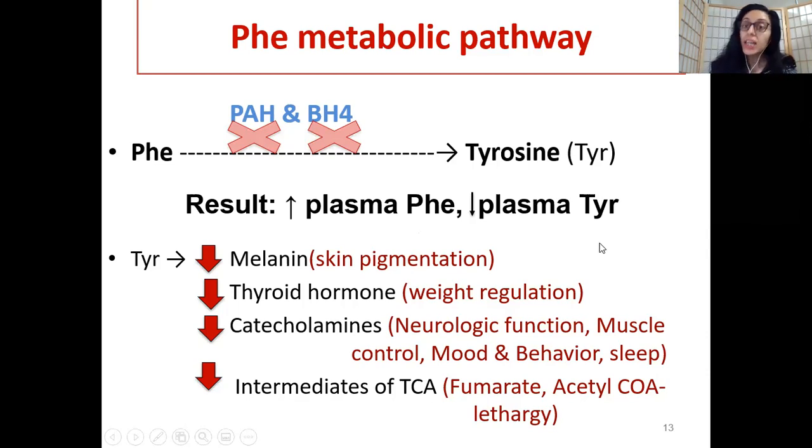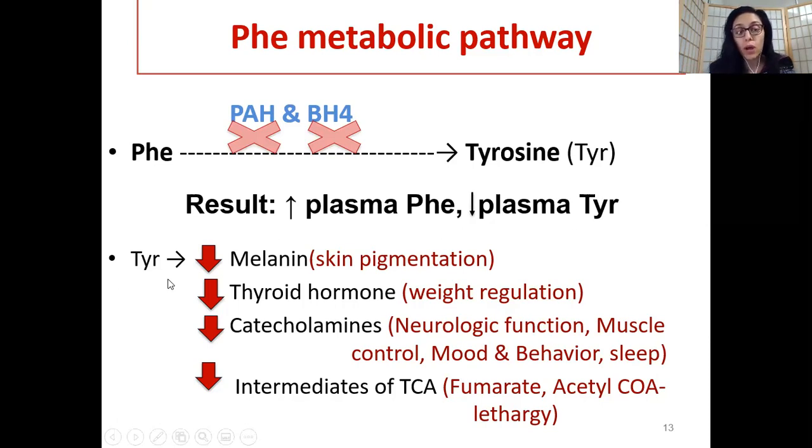Okay, so what does it mean? It means that if you had phenylalanine sufficient in your body with the enzyme and cofactor, you can easily synthesize tyrosine. But now tyrosine becomes essential for PKU patients. Why? Because they cannot eat phenylalanine. If they are not consuming phenylalanine in the diet, then they definitely need tyrosine in the diet, because now tyrosine becomes essential for these individuals. It is no longer conditionally essential. Okay, so now what happens when you have low plasma tyrosine level?